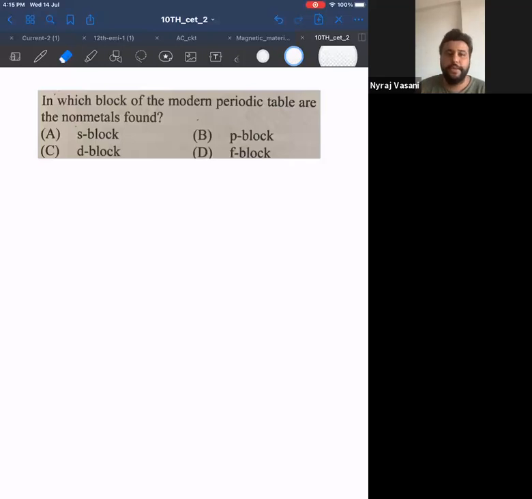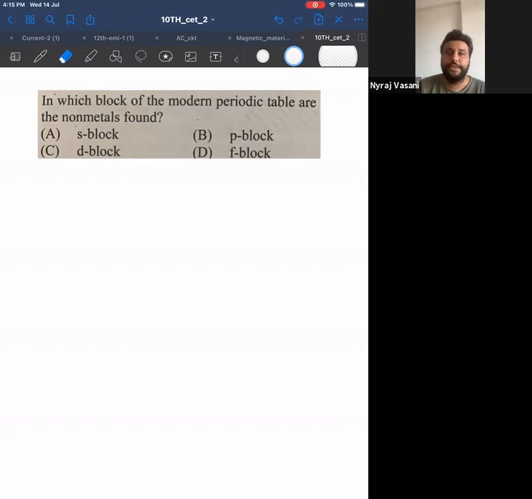So now the answer will be, in which block of the periodic table? Raj, correct. Answer will be P block. Remember this answer very well. And I'm very happy that most of you gave me the right answer. And most of you gave me the right answer very quickly. So read the question again, read the answer. I got answer as C also from many of you first. Remember, answer is not C.